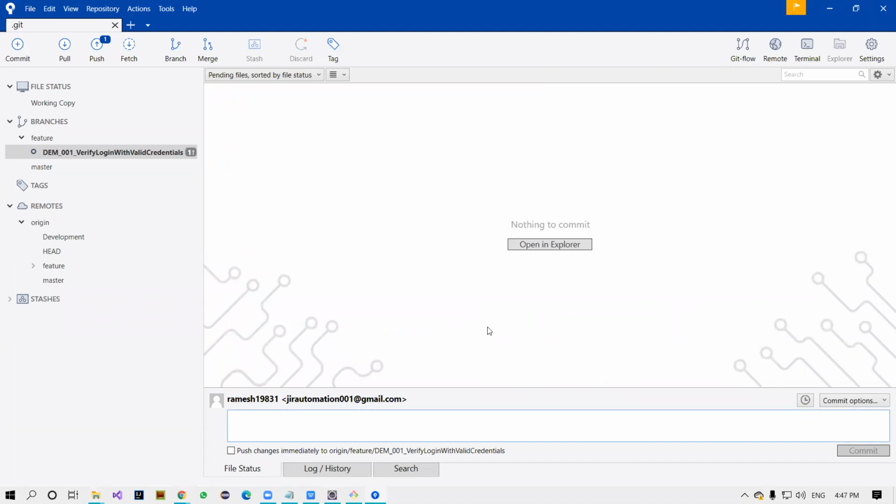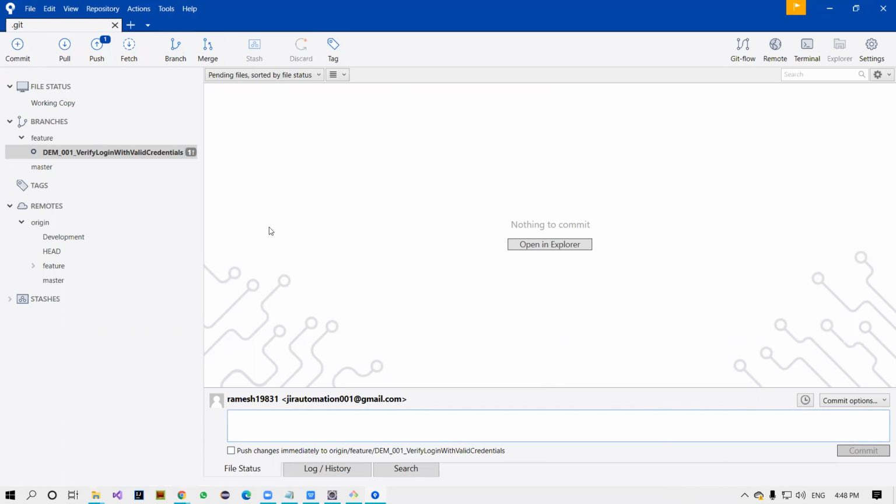There you run git add space dot, adding the files to the local repository, then git commit -m in double quotation marks with a message, and after that git push. Here we are using the GUI of source tree, so we can easily commit and push to the repository.